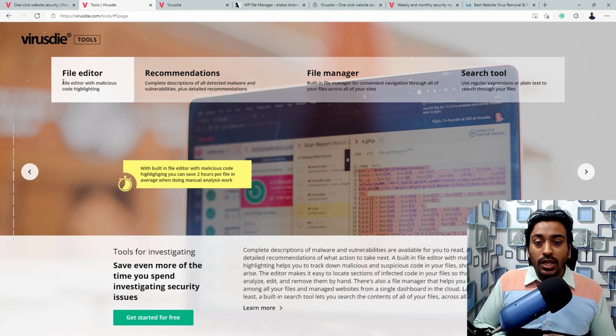Without even leaving the VirusDie dashboard, you can do everything from here because it shows all the files of that particular website through a file manager. It gives you a search tool and also an option to edit all these files from your VirusDie dashboard itself.